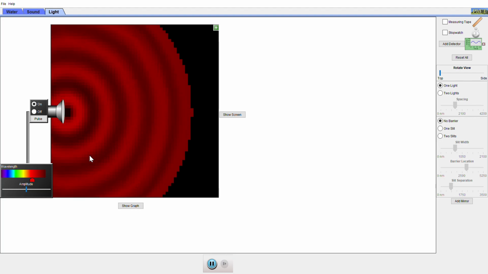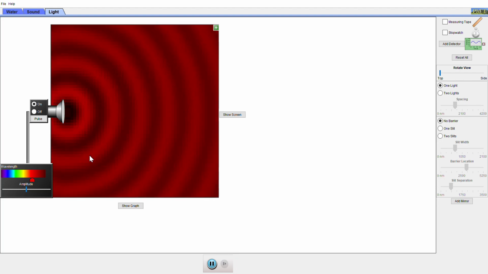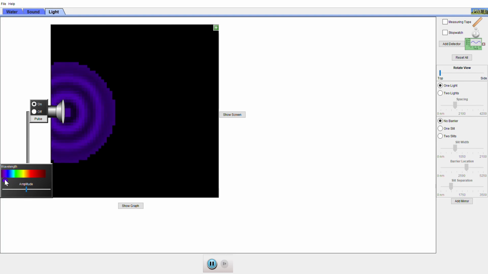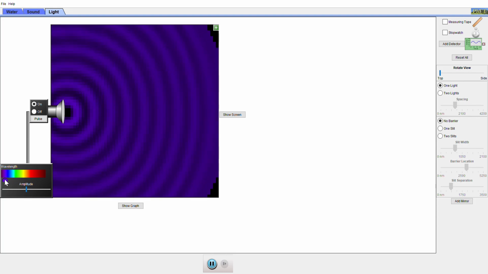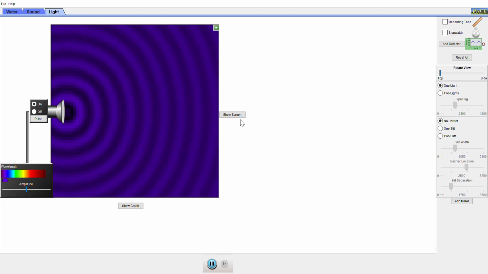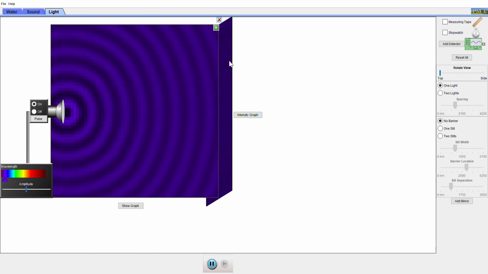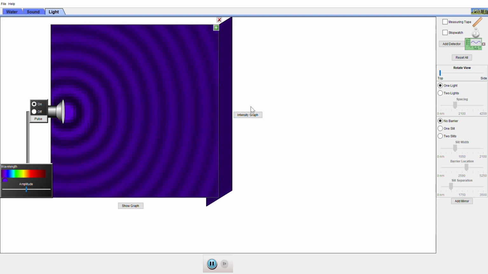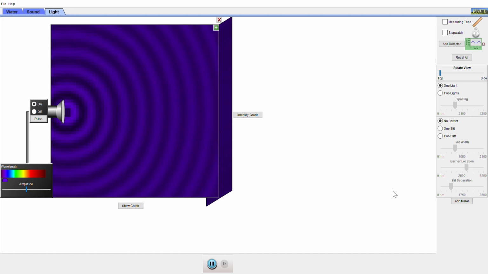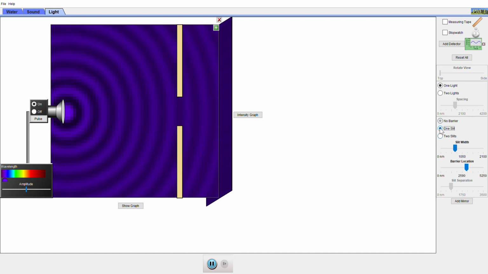Now the cool thing about light is, in this sim, they're kind of limiting us to visible light. So we can lower the wavelength and get a different color. And we have a purplish blue, which is going to be a higher frequency or a smaller wavelength of light. And one of the cool features of this is that you can see it project on a screen over here, which right now is not very exciting because it's just showing that that light is being projected on this screen. But once we add a barrier,